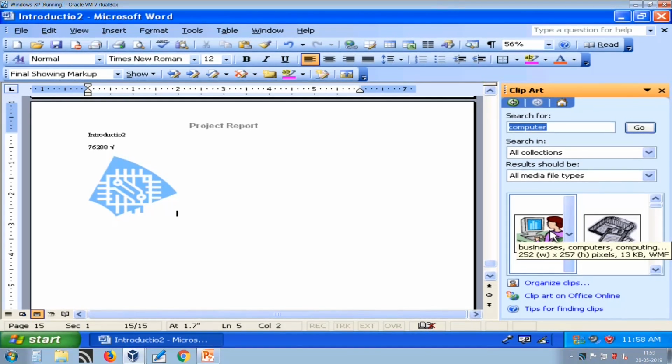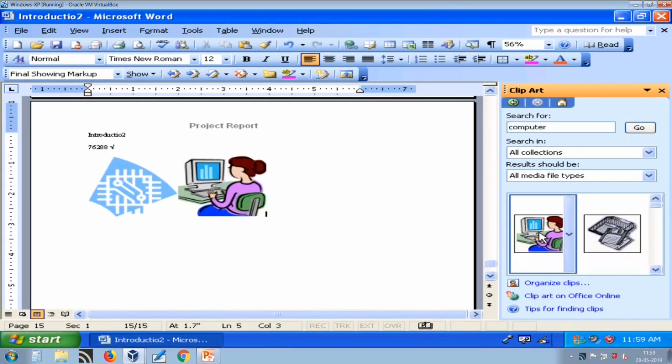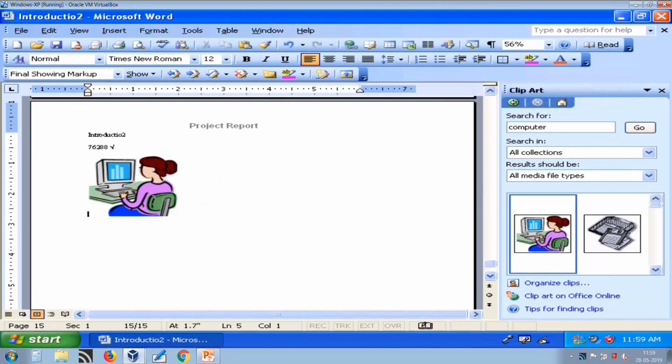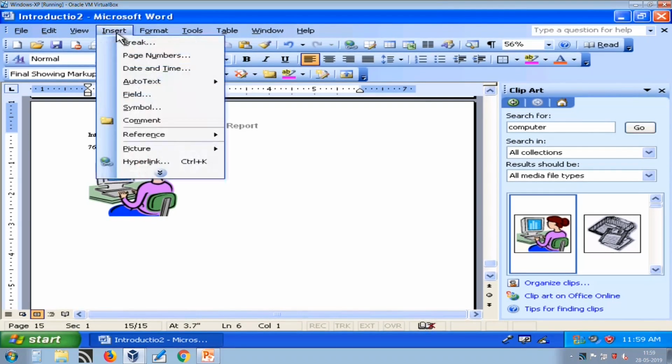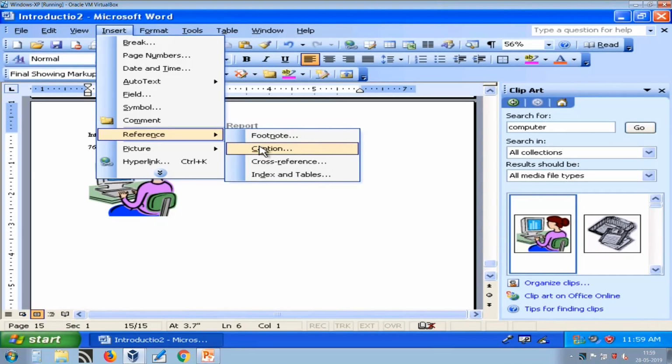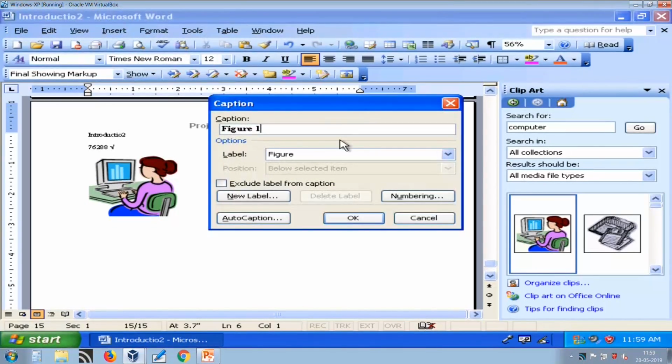I can use this clip art, I just need to click that. Now, suppose I want to provide a caption to this. I can give a caption to this figure by pressing caption. So here I can give a caption like figure 1 and introduction to computer, for example.